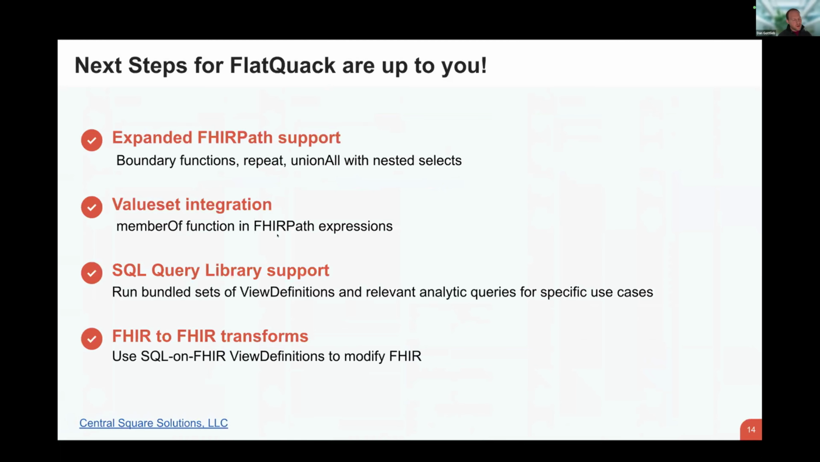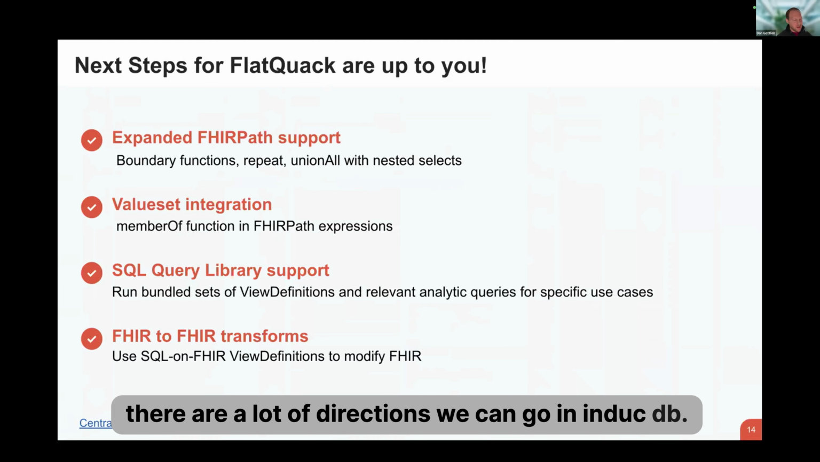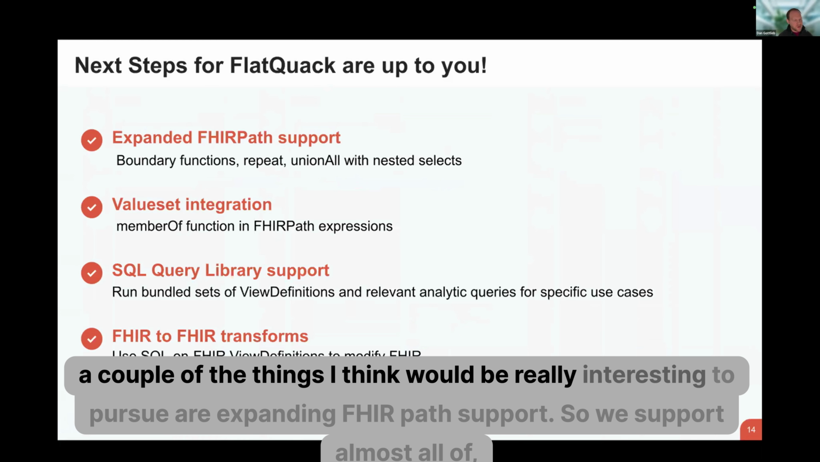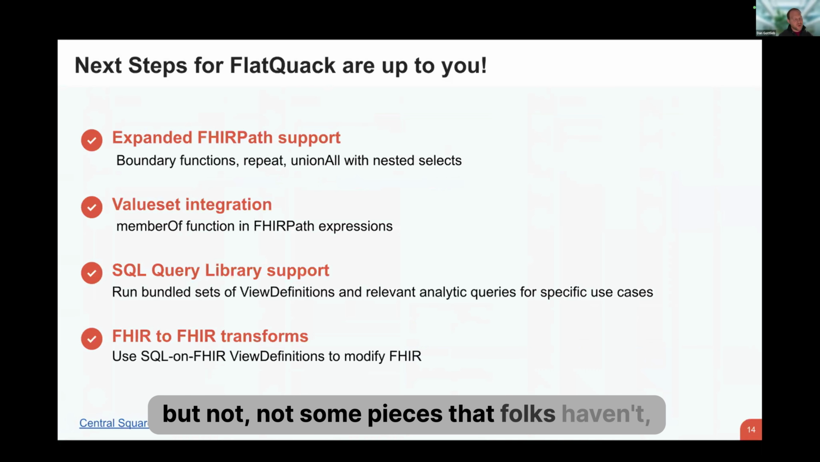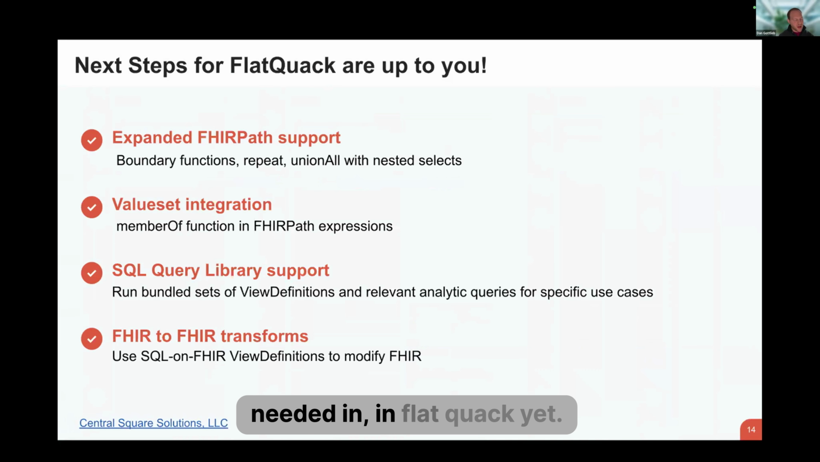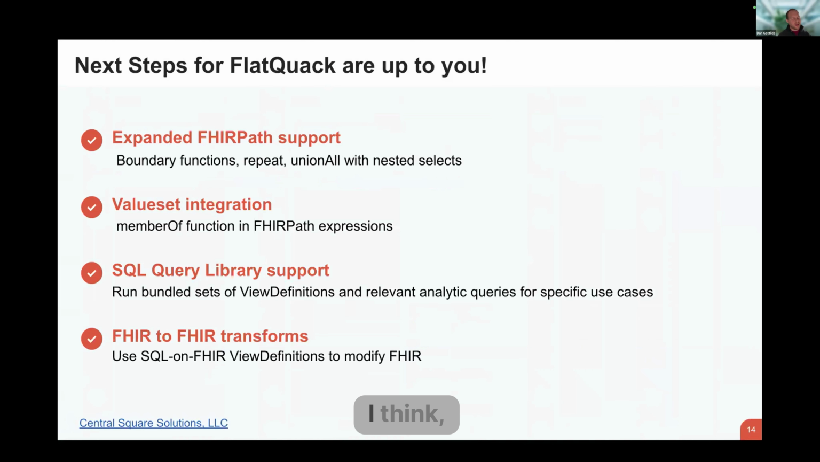So there are a lot of directions we can go in DuckDB. A couple of the things I think would be really interesting to pursue are expanding FHIR path support. So we support almost all of the FHIR path used in SQL-on-FHIR, but not some pieces that folks haven't needed in FlatQuack yet. I think value set integration